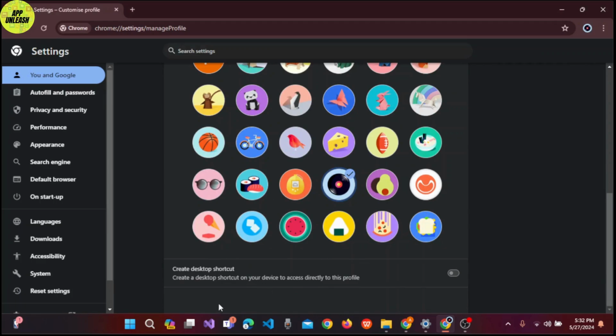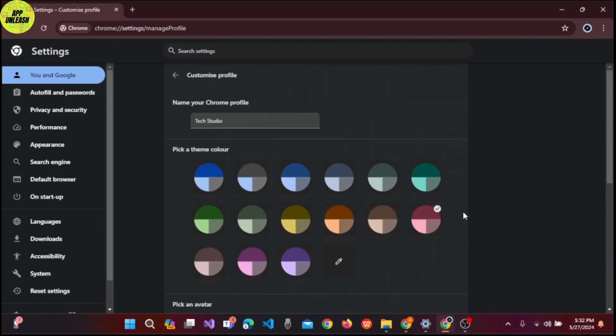Once you have done that, you can also create a desktop shortcut. This will access directly to this profile. You can toggle on the button. Once you have done that, you can open a new tab by clicking on the new tab button at the top